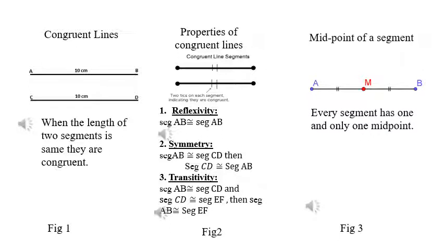Now look at figure 3. Here we have a segment given AB. It has point M in the center. Now here the point M is placed in such a way that it divides segment AB into equal halves. And therefore we have those 2 ticks which are marked on both the sides of M. That is marking on segment AM and MB, which states that segment AM is congruent to segment BM. Therefore, it proves that a midpoint of a segment always divides a segment in 2 equal halves. So here, this point M is nothing but the midpoint of a given segment.